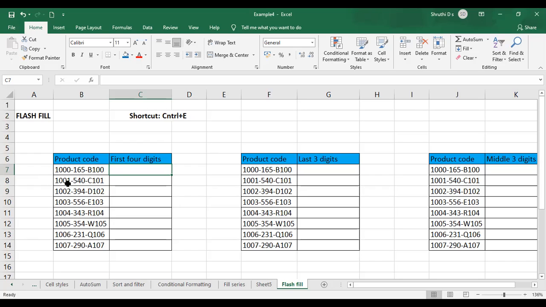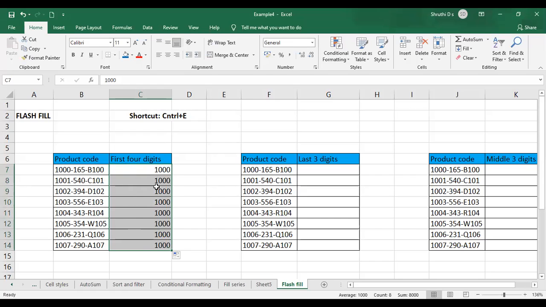As you can observe, the next set of cells have the series in there. 1000 has changed to 1001, then 1002, 1003, 4, 5, 6, 7. See, I want those patterns from the entire product code. I just want to extract only these 4 digits from that particular product code. So what do I do? Just go here, select and type the number here as 1000. So I'm considering the first 4 digits, right? So just drag and drop up to this.